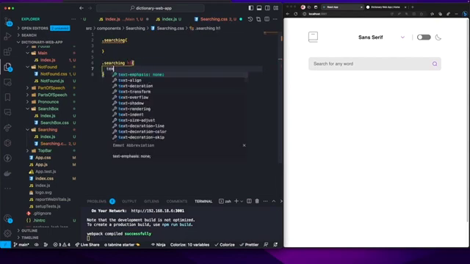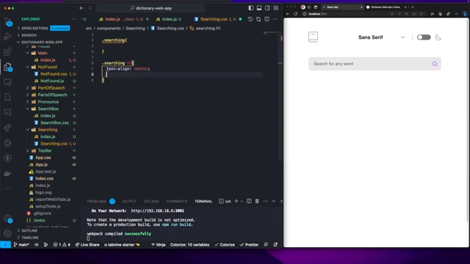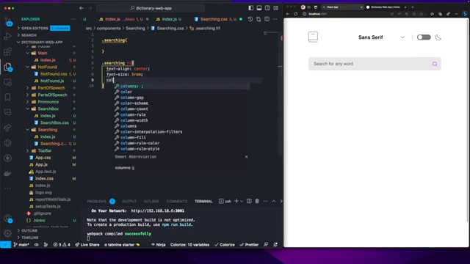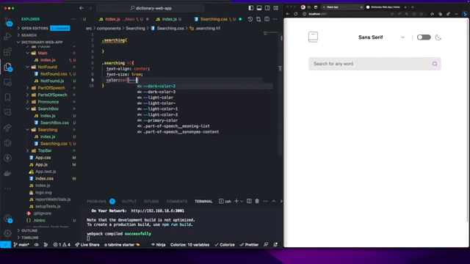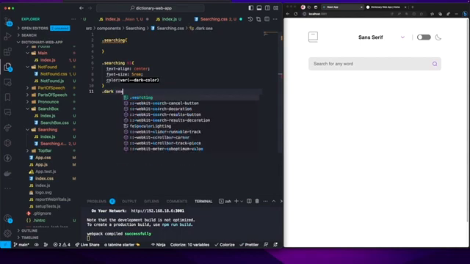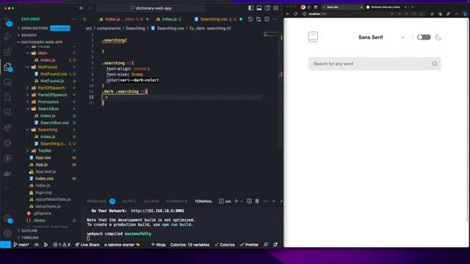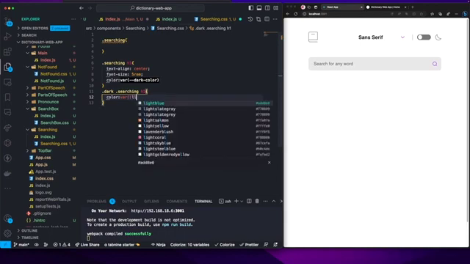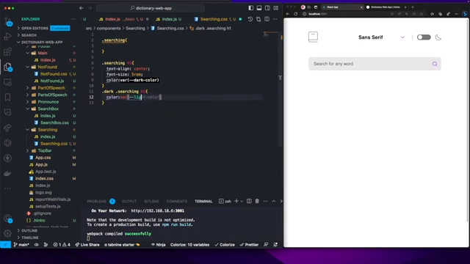I'm going to say text-align center, font size 5rem, color is going to be equal to dark color initially, and then when the dark mode is applied, this h1 would be color light color 3 actually. Alright,